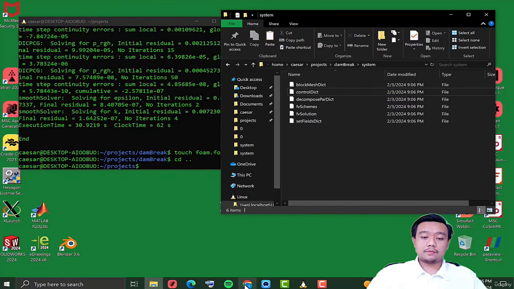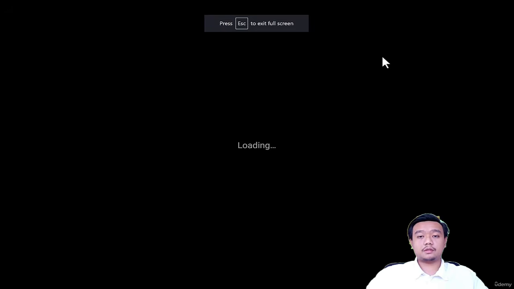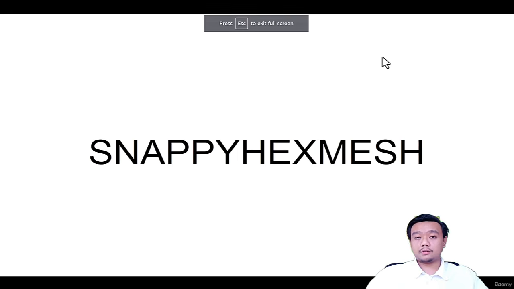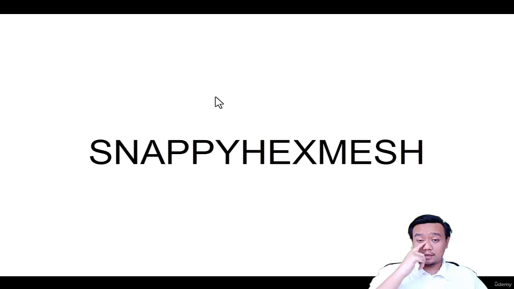Okay, in this part I would like to discuss snappyHexMesh, which is a very crucial technique or tool that you have to understand in order to make a more realistic OpenFOAM simulation, because by using blockMesh you can actually do a lot of projects, but it is limited to some simple geometry. And by using snappyHexMesh, you can actually import your own geometry from your CAD modeler, let's say, from the SolidWorks